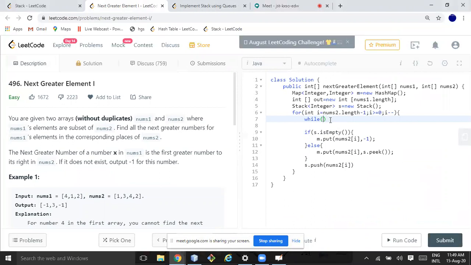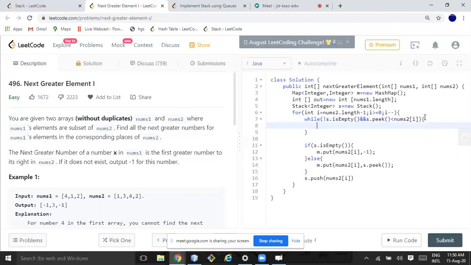I'm just writing it a different way here: while s is not empty and s.peek is less than nums2 of i, then I'm just popping the top element.